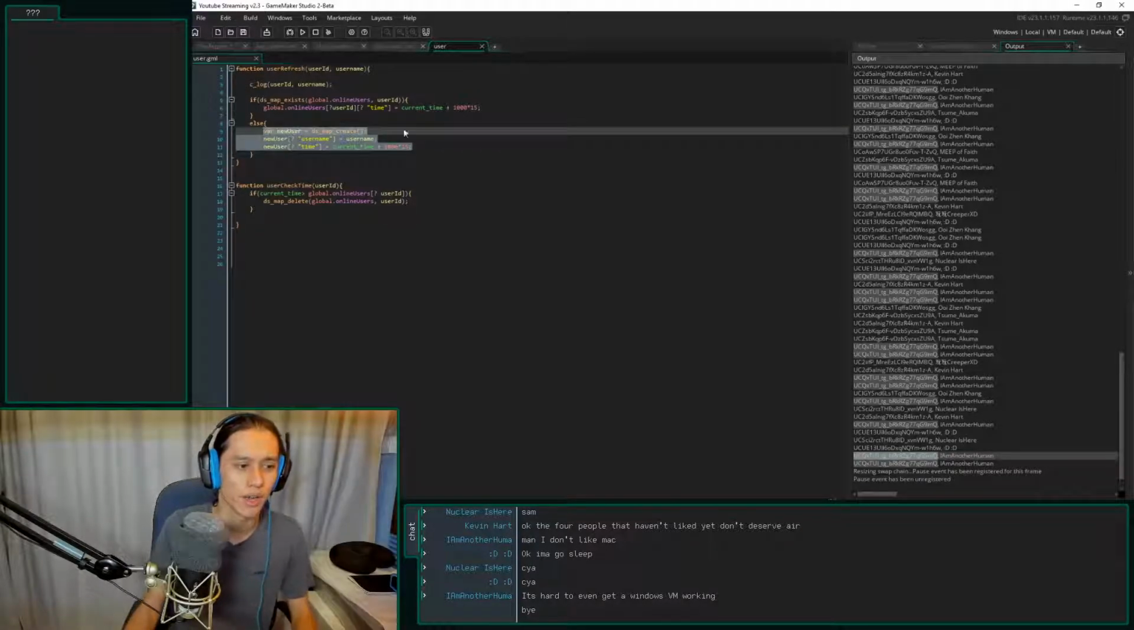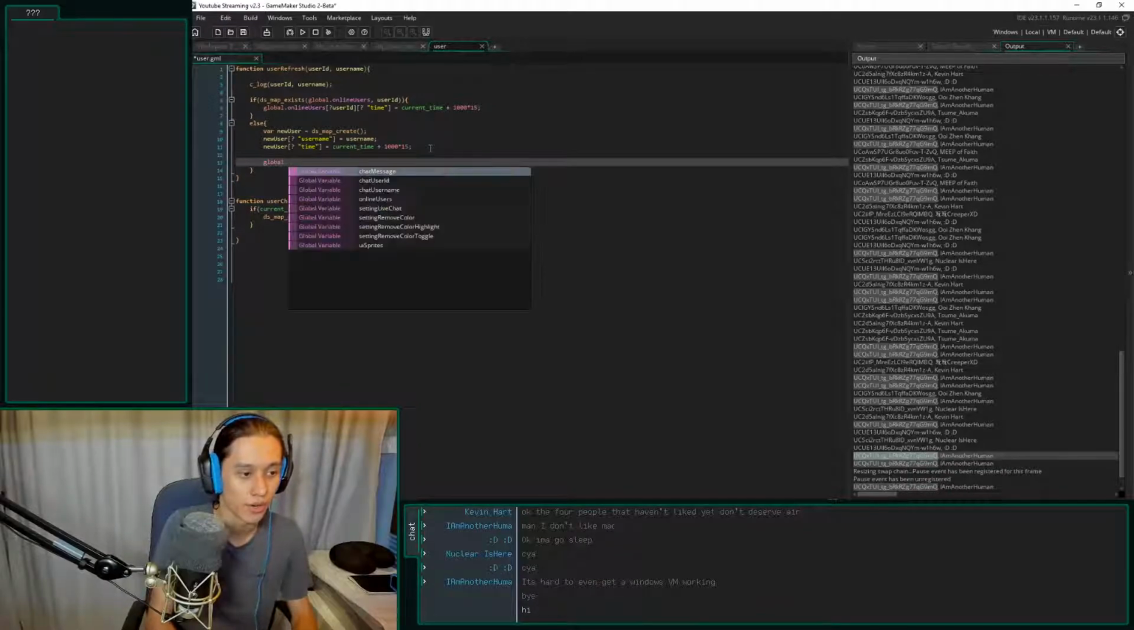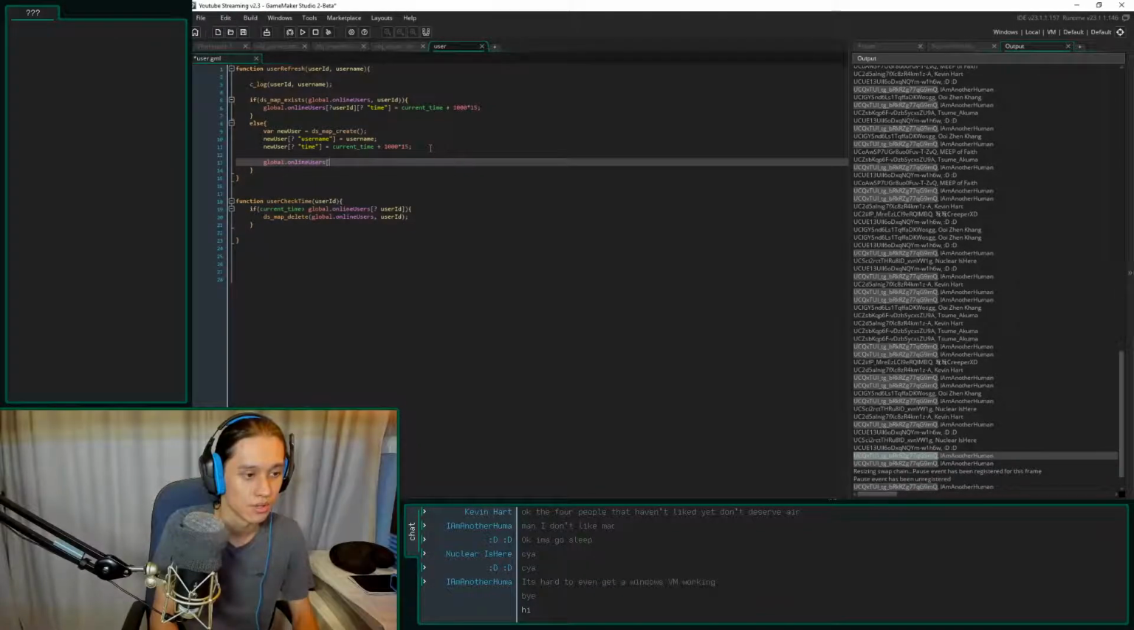Oh, I'm creating it. Okay, so it doesn't exist. I'm creating this new user, but I'm not actually putting it anywhere. Global.online users, user ID equals the new user. So I'm creating the new user, but I didn't do anything with it. It just kind of was left hanging. So there we go. So now every 15 seconds, if you don't say something for 15 seconds,